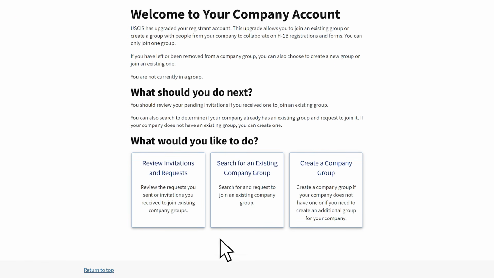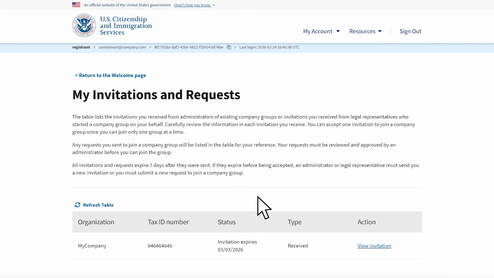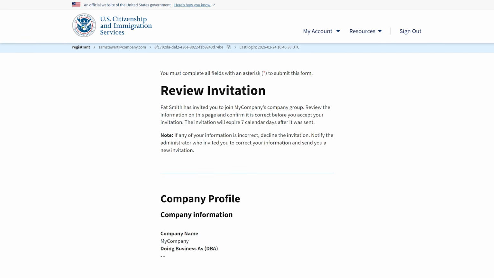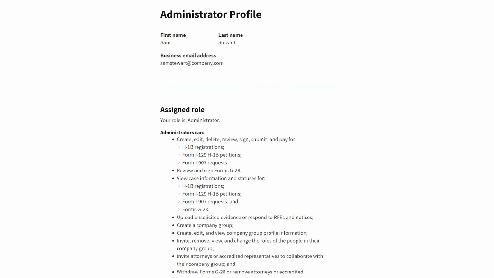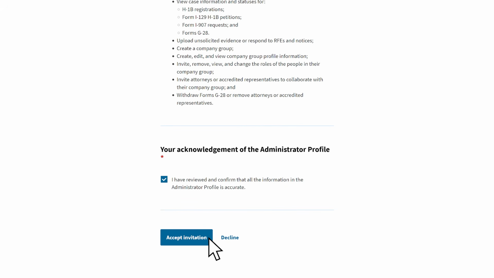The second administrator will select Review Invitations and Requests because they were invited to join an existing company group. Now they will review the invitation that you sent. They were invited to join your company group as an administrator. After reviewing and acknowledging the company profile, as well as their administrator profile, they select this blue button to accept